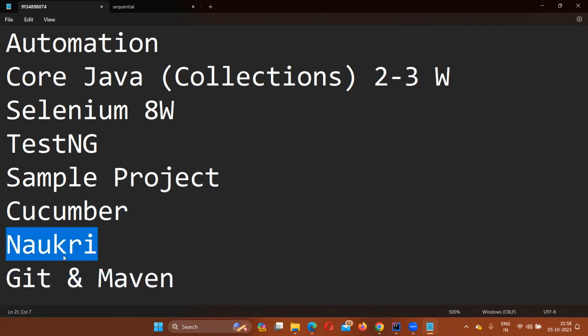And at the end, I'm going to give you some basic, most commonly asked automation and manual interview questions. Most commonly used, most frequently asked questions. Next, I'm also going to give you sample resumes, one for manual and one for manual plus automation. If you don't have a resume, you can take a look at that resume and prepare one for yourself. I'll also tell you what settings you need to do in your Naukri profile so that your profile gets highlighted very easily to the interviewers. That is what I'm going to cover in this course.